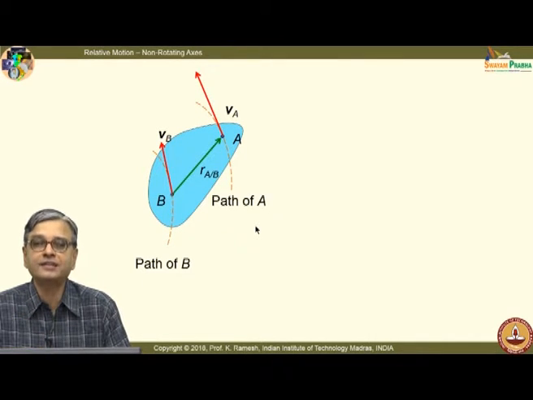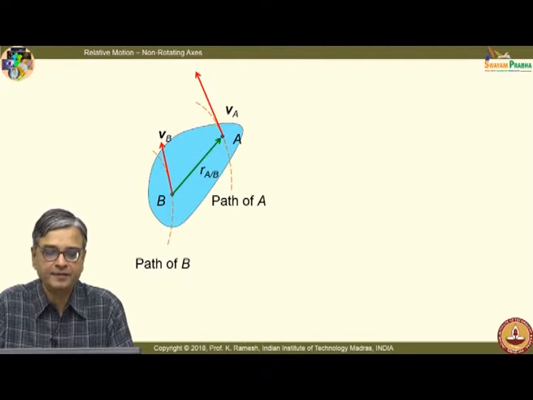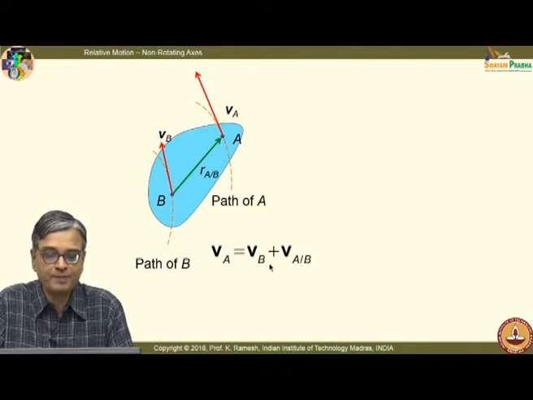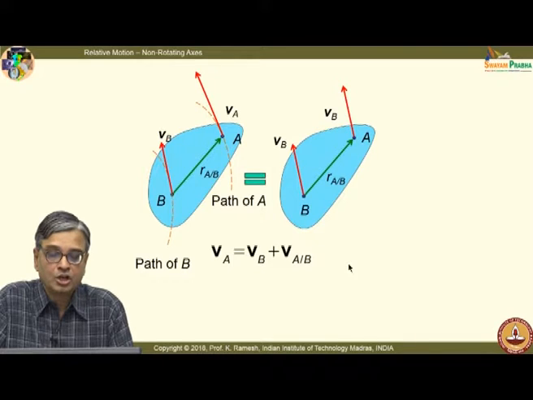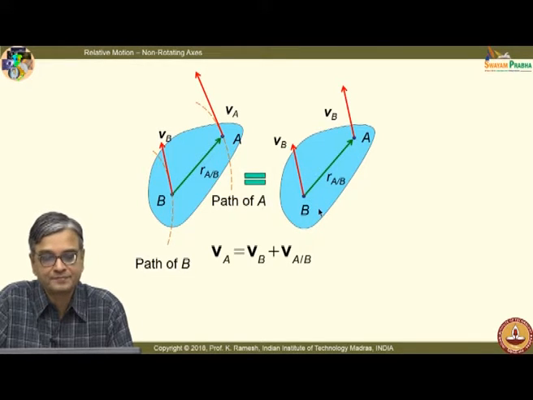and how do I visualize the motion, fine. So, I have Va equal to Vb plus Vab, and mind you, Va is the absolute velocity which is measured with respect to the fixed reference. Vb is also from the fixed reference, but Vab is a relative quantity. Okay. So, both the points have velocity Vb because I have a translating axis attached to this. That means, for the observer he will have velocity Vb in this direction.